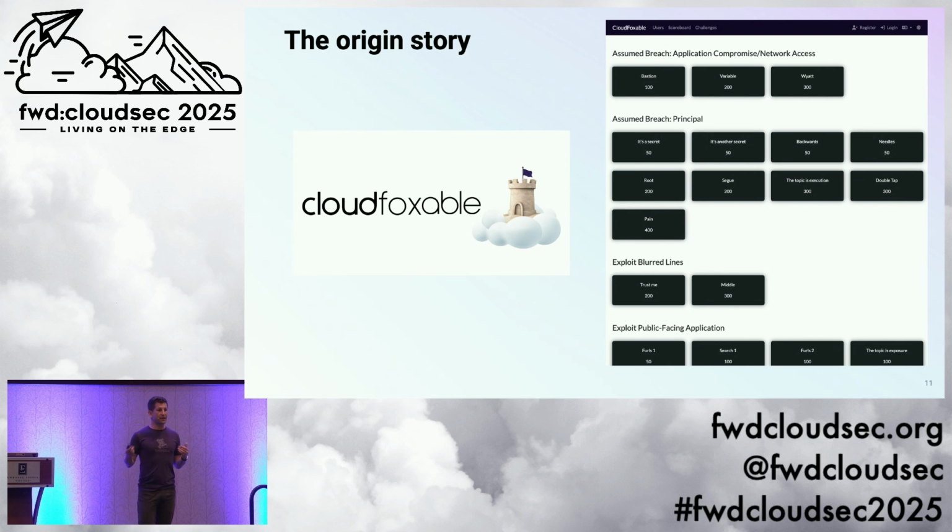And the way this works is it's a GitHub repository that's open source. You clone it. You configure your AWS profile. You install Terraform if you don't have it installed already, and you do a Terraform apply, and it spins up all these resources, these challenges, in your AWS account. Now, I have to always give the disclaimer, do not deploy this into a production account or anything that you use on the daily. This should be deployed to a test playground account.